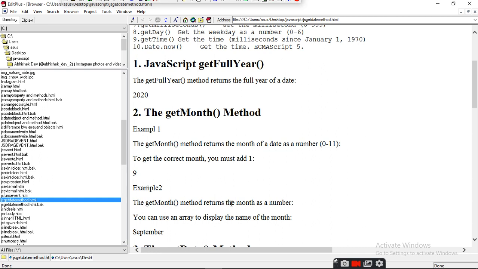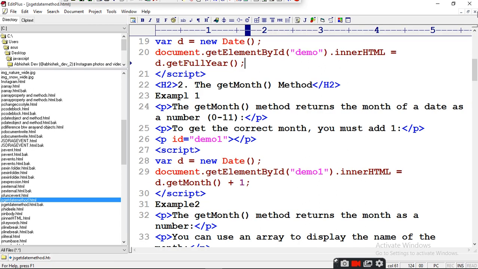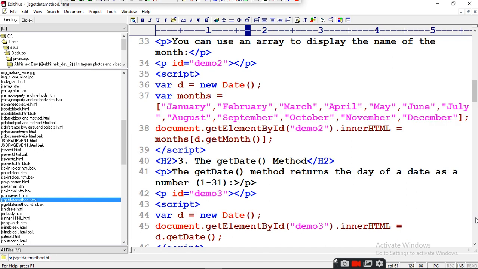The getMonth method returns the month as a number, and you can use an array to display the name of the month. So how will you write the array? Here you write the array variable months, in which you write all the month names.